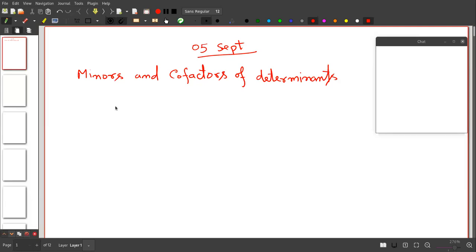So in today's class, what we are going to cover is minors and cofactors of determinants. Then we'll go to inverse of matrix,